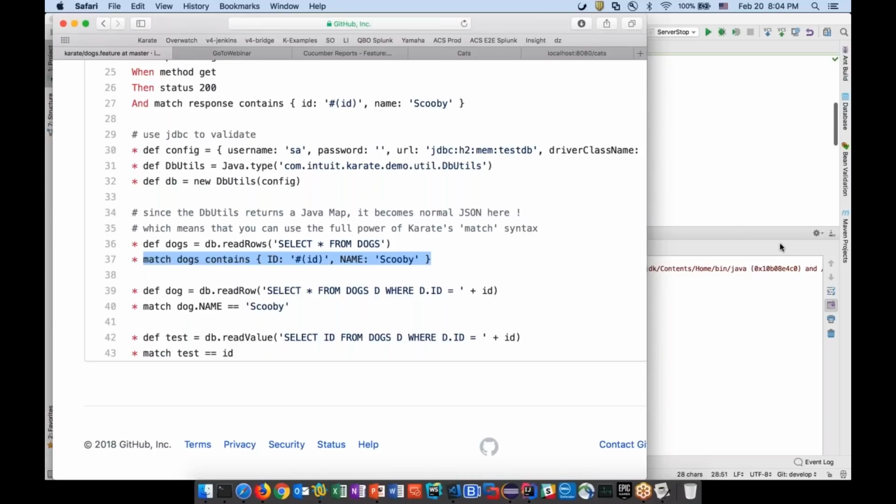Yes, we have teams, and this is probably important to call out, we have teams that actually mix Karate into Selenium tests, right? You have a WebDriver test, you need to set up some data before you start your UI test, or you need to validate in your database at the end of the UI test. People are doing that today if you search on the internet with Karate.